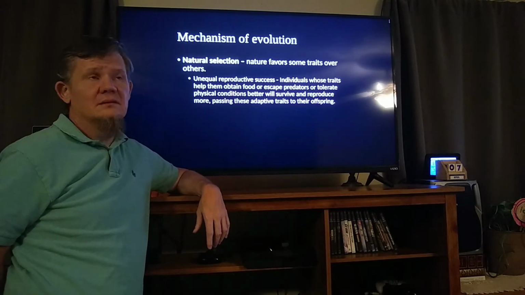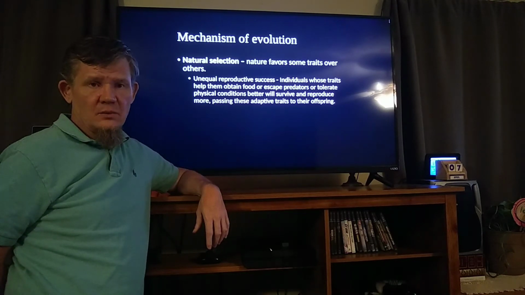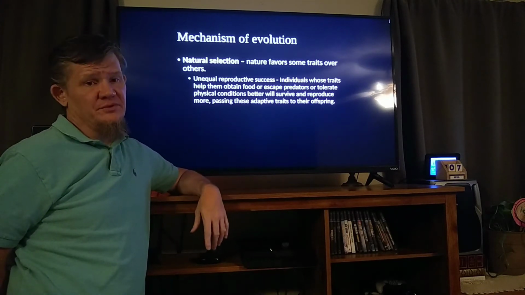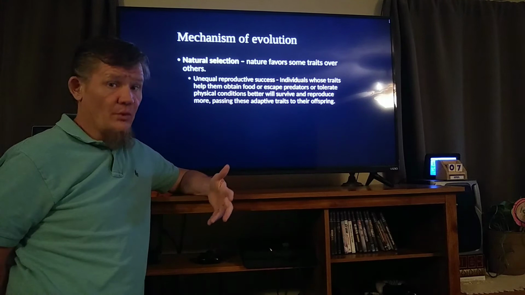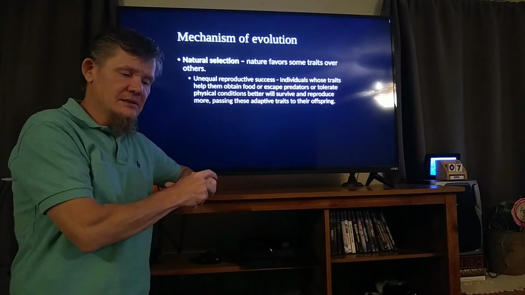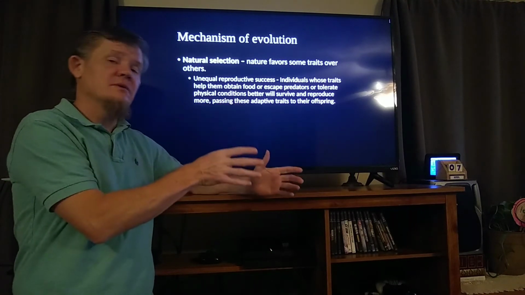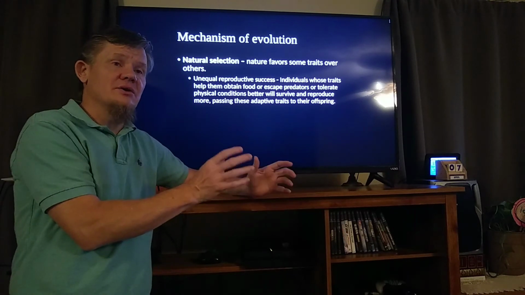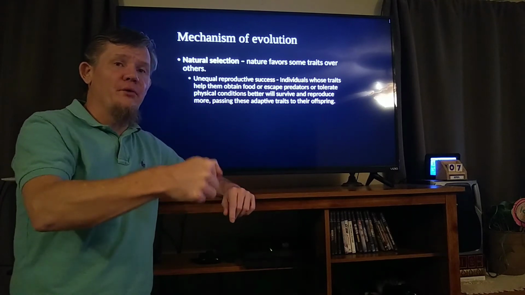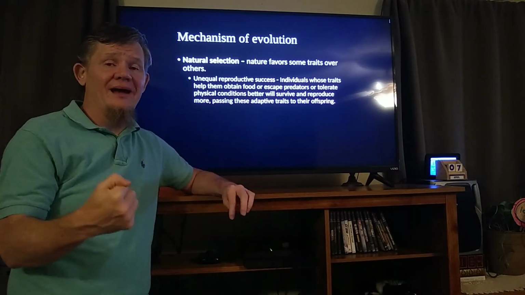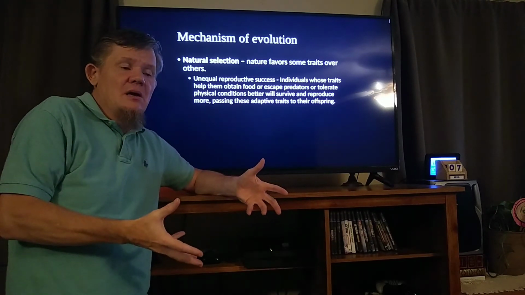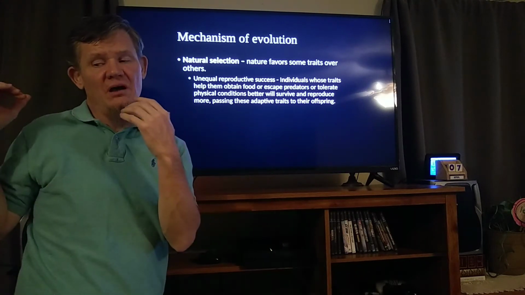If that were the case, then some people's genes will become more common in the next generation as they have more babies than other people's do, the people who don't have children or don't have as many children. So natural selection has two features, and the two features are that nature will favor certain conditions, certain features over others. And tied to that, because certain individuals are therefore more favored than others, those individuals will have more kids. If they have more kids, that means that their genes will be a higher percentage of the genes in the